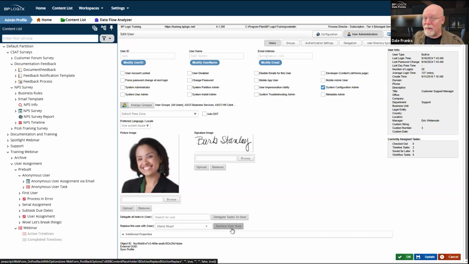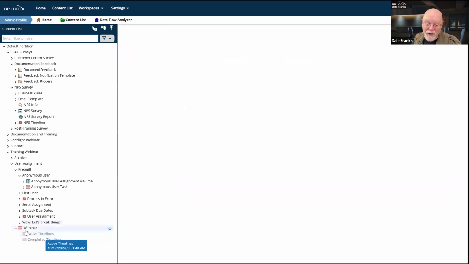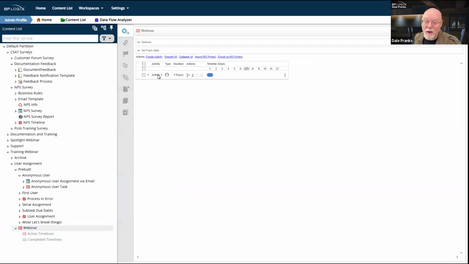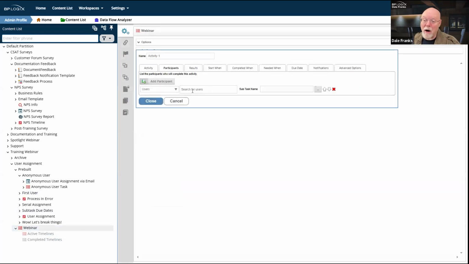What if user A didn't leave the organization? What if they just got a slightly different job or a promotion, and now half of their tasks have to be reassigned, but they're going to keep the other half? Well, now I'm just going to have to go into every single activity that is set for Barb as the user, and I'm going to have to replace her in just those activities where she needs to be replaced. So let's say Barb is in 50 different activity assignments, and I've got to replace 25 of them. Well, I've got to replace all 25 of them manually. So groups, better solution than users, certainly much easier to manage.